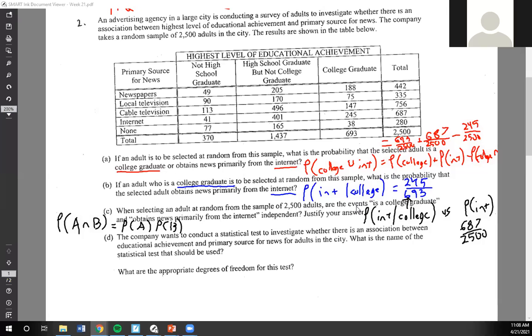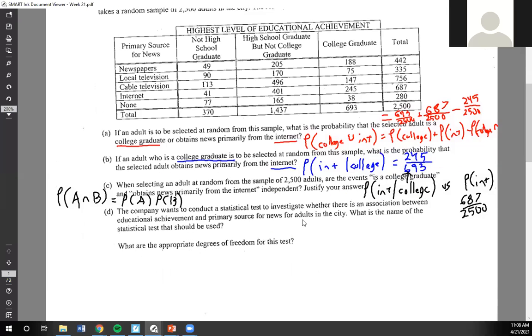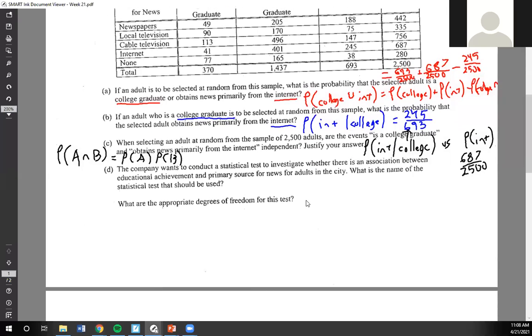That's helpful because I know that all decimals have fractions. Finally, part D. The company wants to conduct a statistical test to investigate whether there's an association between educational achievement and primary source of news in the city. What is the name of the statistical test that should be used? They're not asking you to do a full 4-step problem here. They're asking you to name the test,